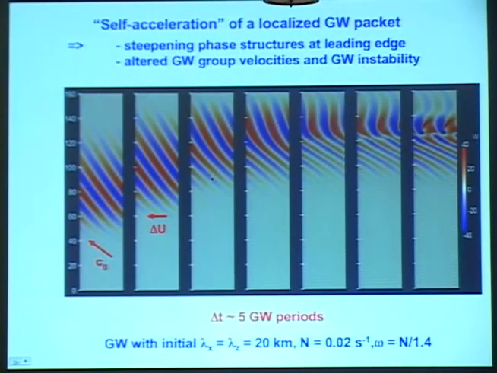So as that phase structure becomes more and more vertical at the highest altitudes, the gravity wave vertical group velocity goes to 0, the packet stalls, and it exhibits its own instability that is referred to as a self-acceleration instability. Additional simulations of this kind of a process in 3 dimensions show that we get both 2-dimensional and 3-dimensional instabilities as a part of these dynamics. But for these types of dynamics, it appears that the 2-dimensional instability always precedes the 3-dimensional structure, but the 3-dimensional structure accounts for most of the wave dissipation.